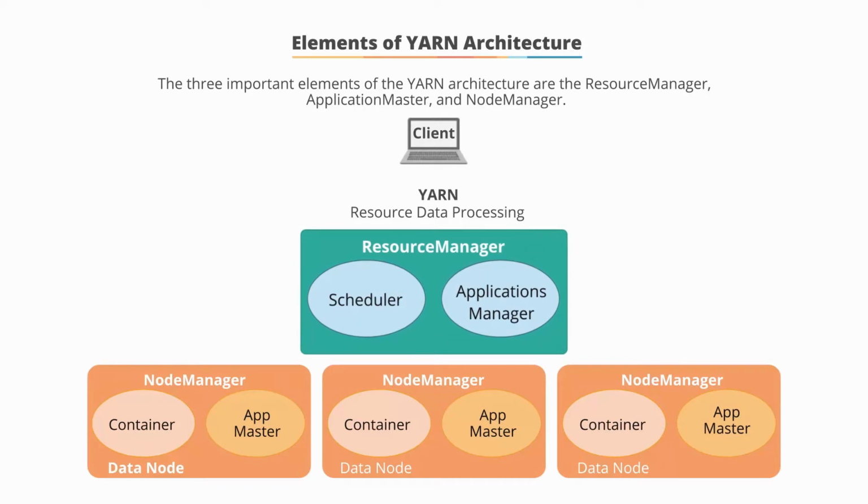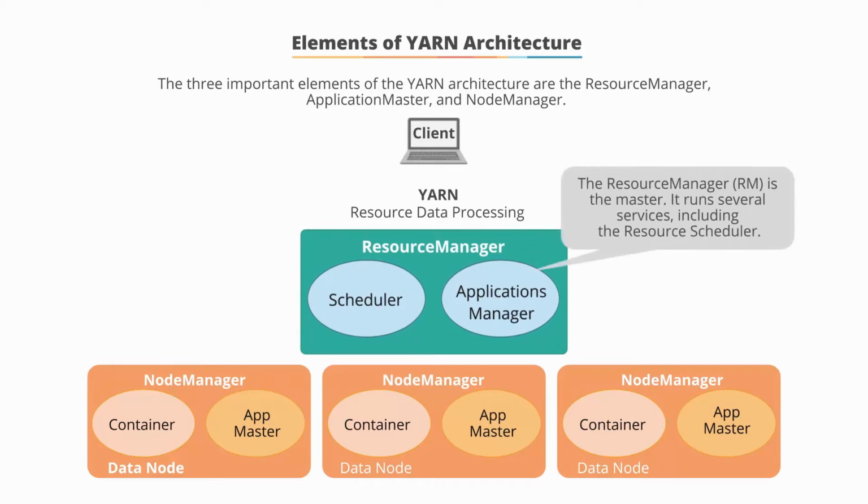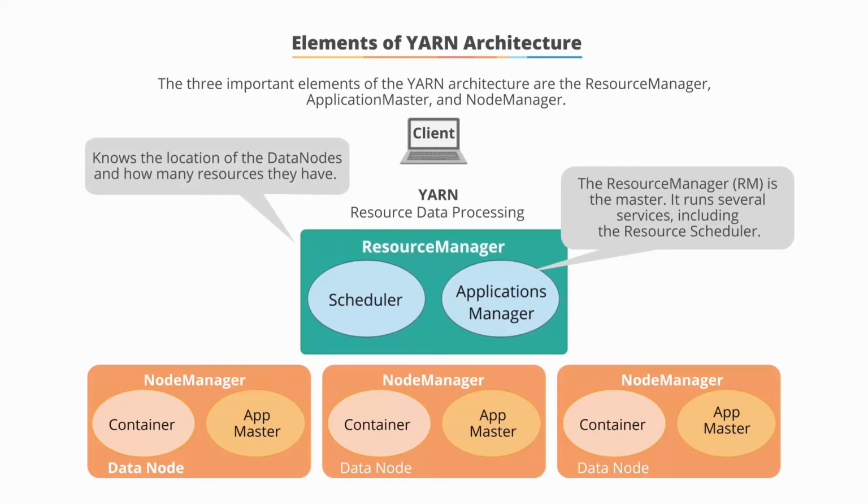The Resource Manager, or RM, which is usually one per cluster, is the master server. Resource Manager knows the location of the data node and how many resources they have. This information is referred to as rack awareness. The RM runs several services, the most important of which is the resource scheduler that decides how to assign the